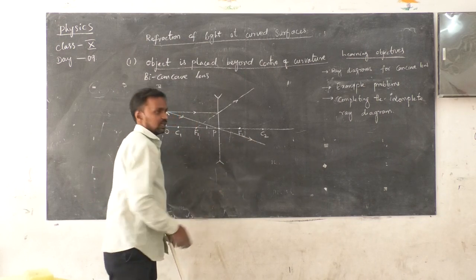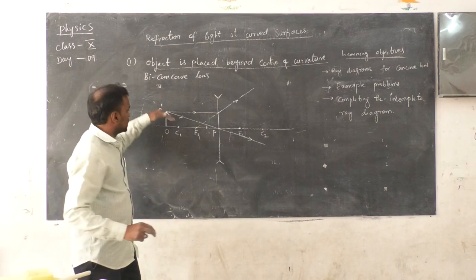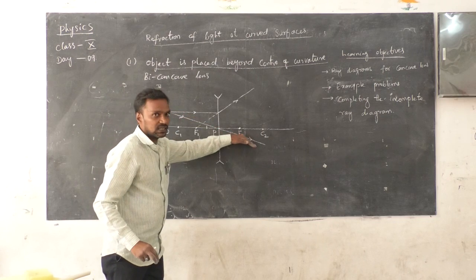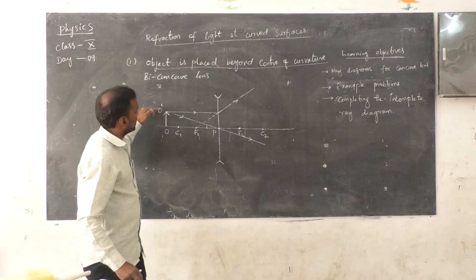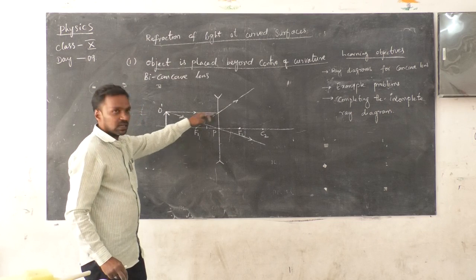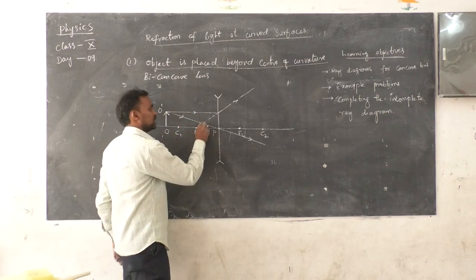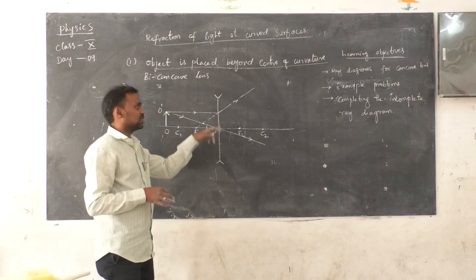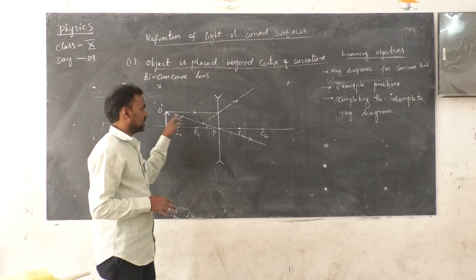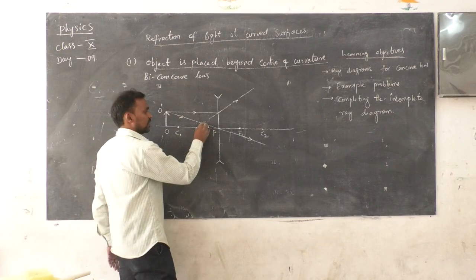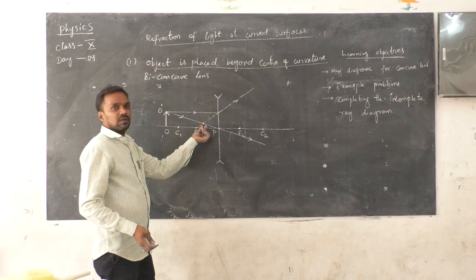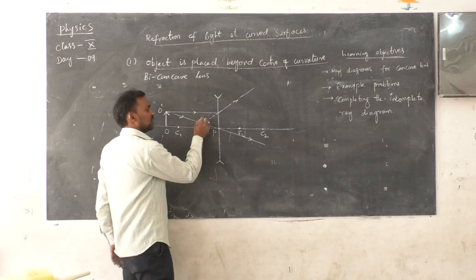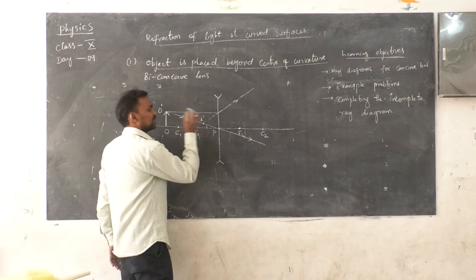So in this case, this ray which is passing through the optic center, the light ray from this point, and this refracted ray which is nothing but extended back, are meeting at one point virtually. This is an imaginary line, a straight line. So they are meeting at one point. This is my image point. Therefore, I denote the image point with I dash.